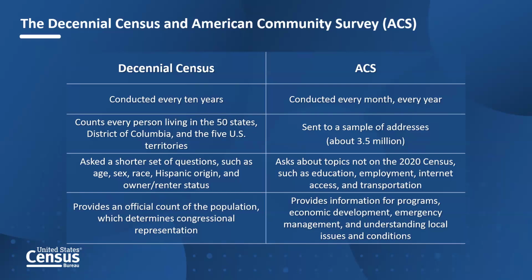And I just want to reinforce that responses to both the decennial and the ACS are extremely important. The ACS helps provide local and national leaders with information they need for planning and programs. For example, for community needs assessments, creating policies, grant writing applications, etc. While the decennial counts help to determine congressional representation and how federal funds are distributed.